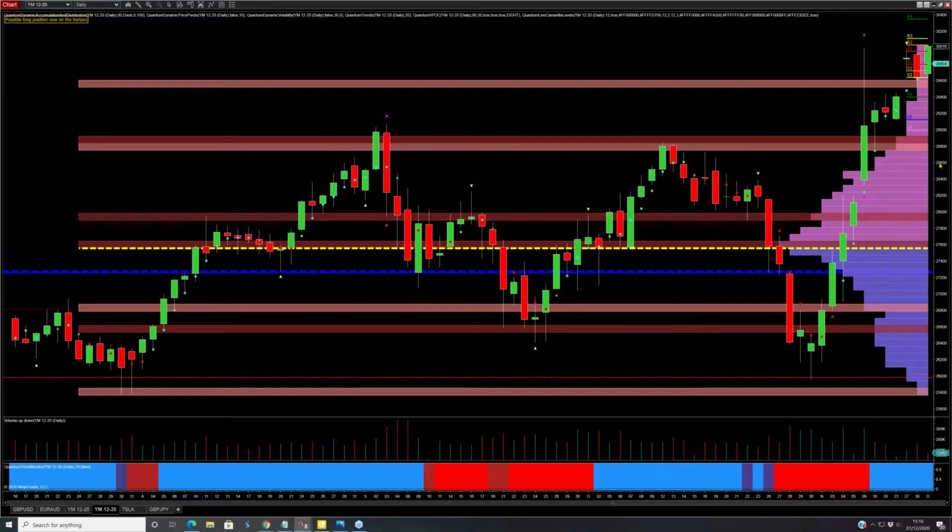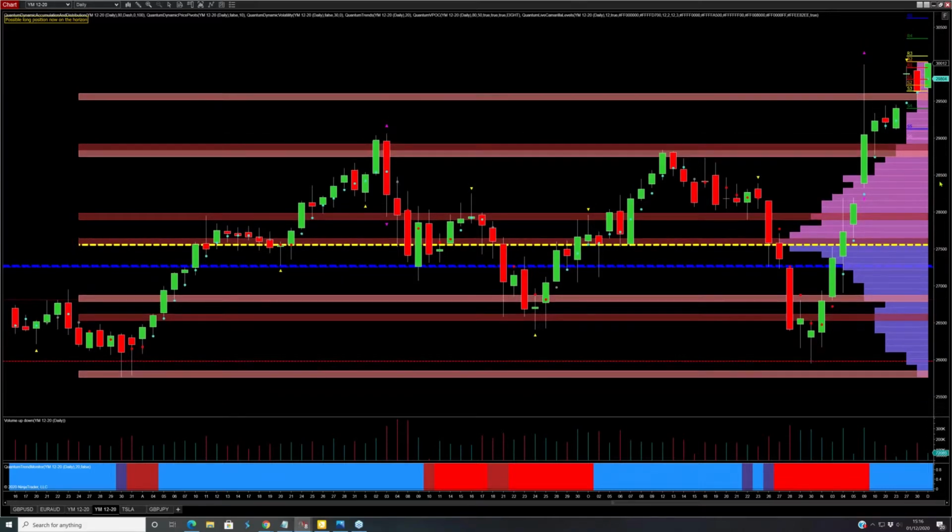Then we combine this with where is this going? Because obviously it's at an all-time high now. What is the next level that it is aiming at? And this is where your price-based support and resistance comes in. As I said, some of you may use a Fibonacci. We've actually got a Camarilla, and it's very clearly marked on the daily chart. Now, these levels are valid for the rest of this week. So getting back to the 5-minute chart,